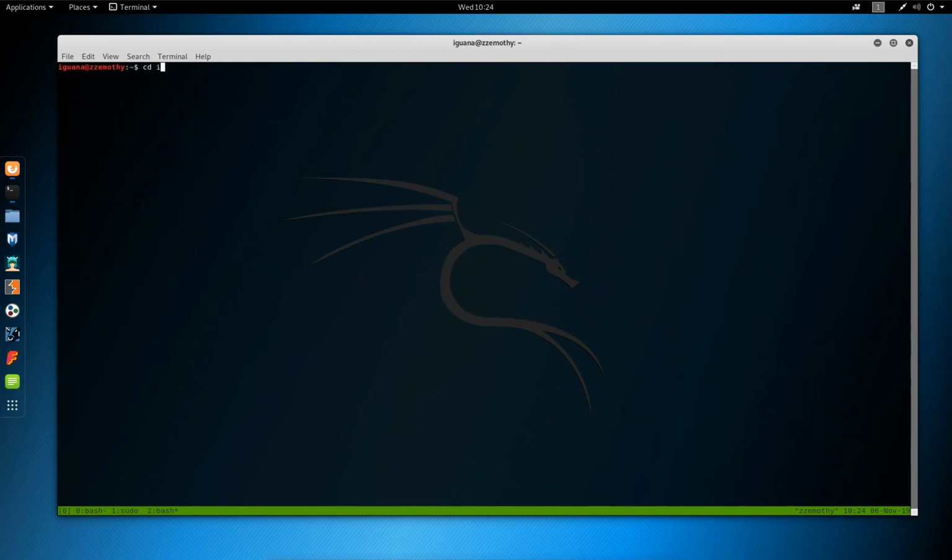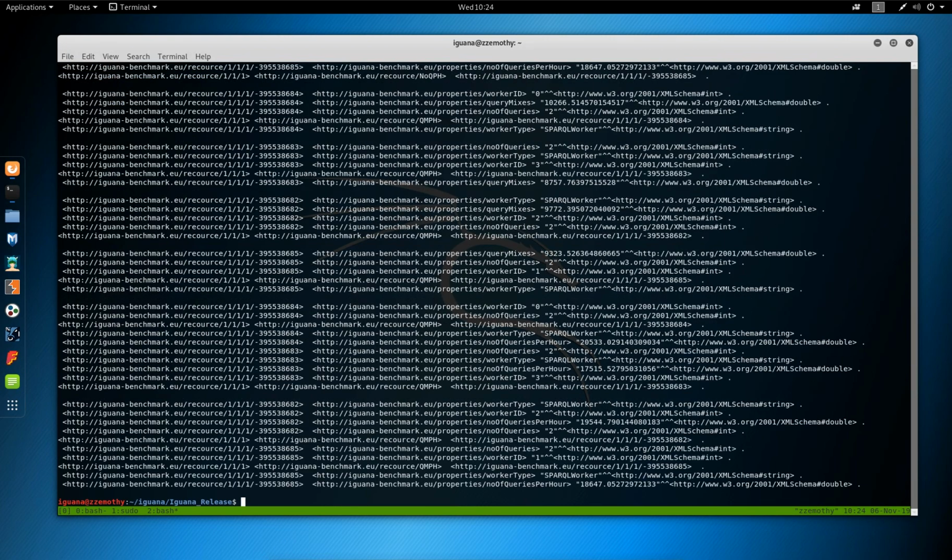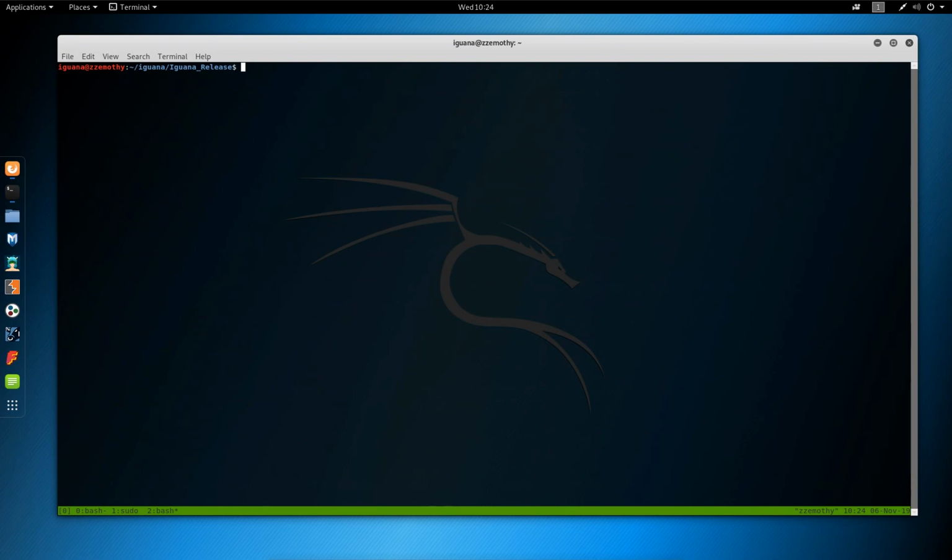So cd Iguana release, cat results, and as you can see, this is an N-Triples file, rather big, and you could directly upload this to a triplestore and query it using SPARQL, and I'd recommend that because there's a little bug. I'll show you the bug later, but now if you want to see fast results, let's use cat results